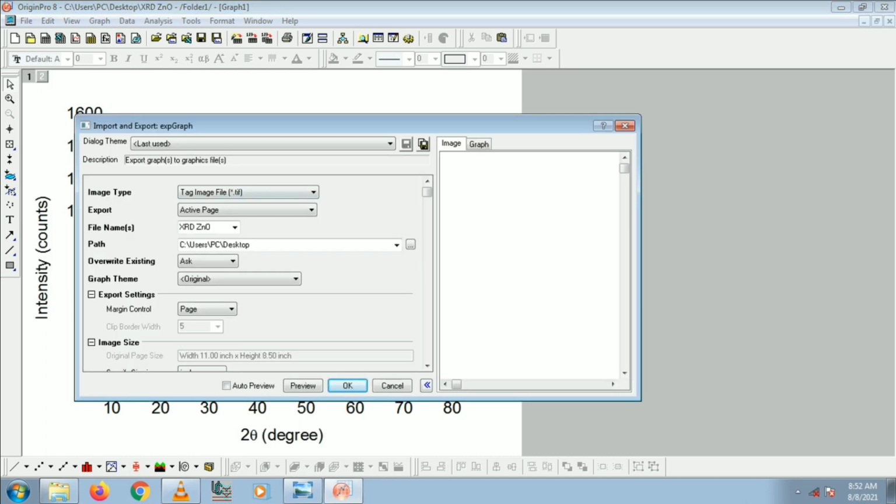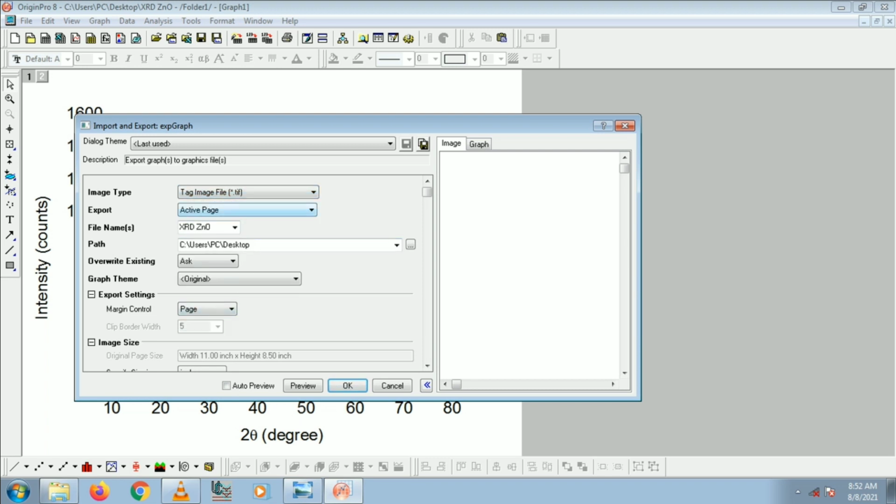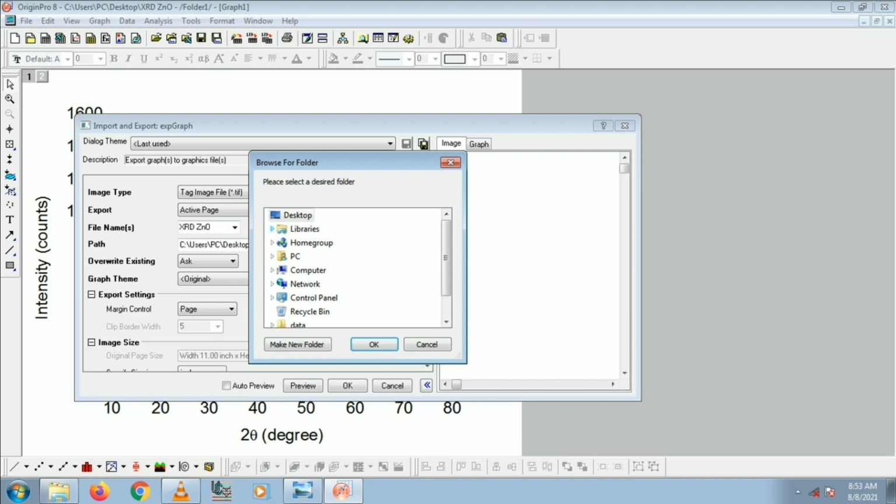The image type can be selected like this. Usually TIFF images we need.